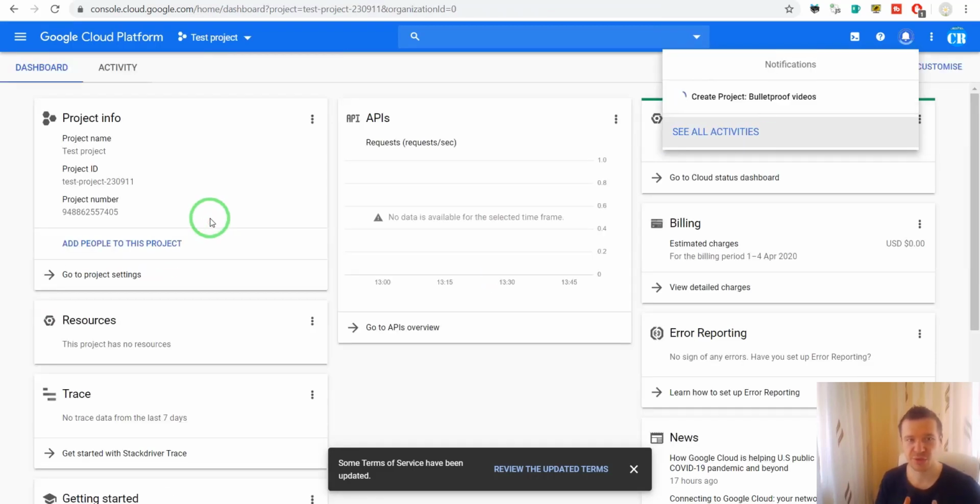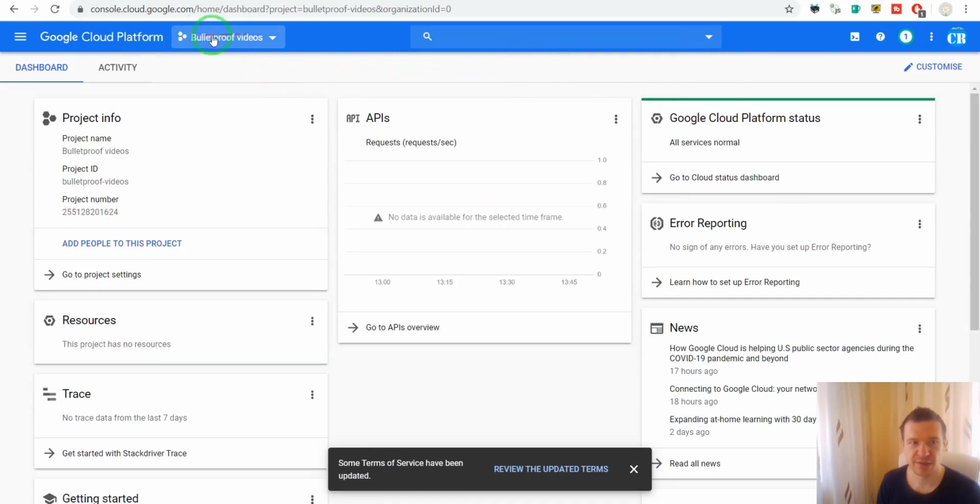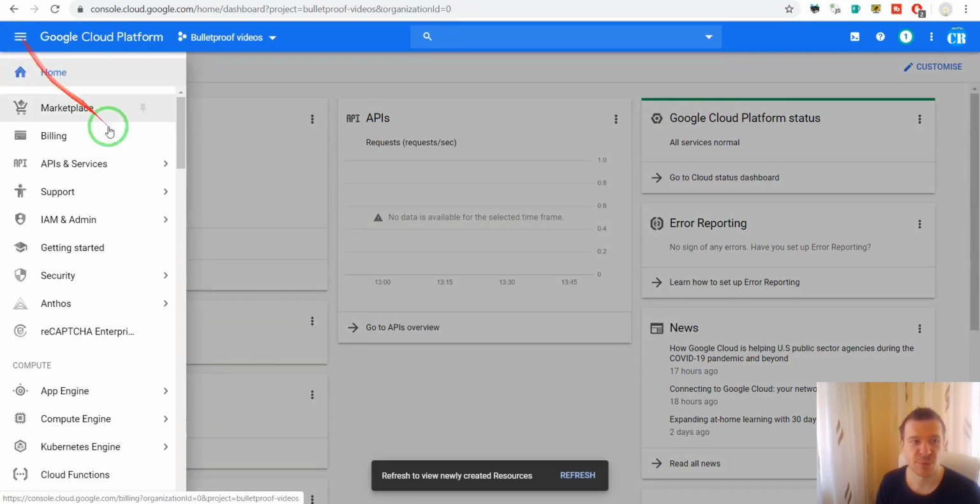Now I created a new project. It is called Bulletproof Videos, and once it is created we can get for it an API key. Click here, and the Bulletproof Videos project was switched, and now we can go to